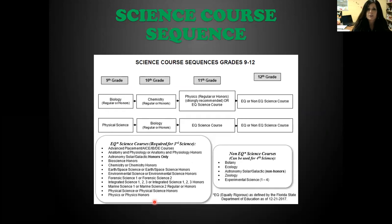All right, your science sequences. Again, it's divided here into the 4 years of high school, so you can see the different types of options. You have your biology, chemistry, physics route. Then they have a physical science, biology route, but notice biology is a common thread in both tracks, so to speak. And then you have the opportunity, if you wanted to take a fourth science, they call that your